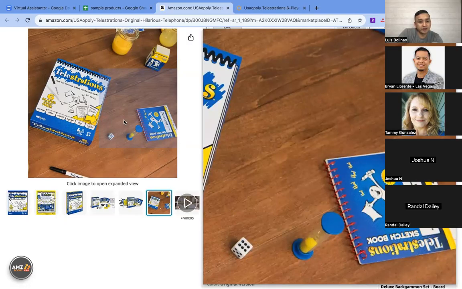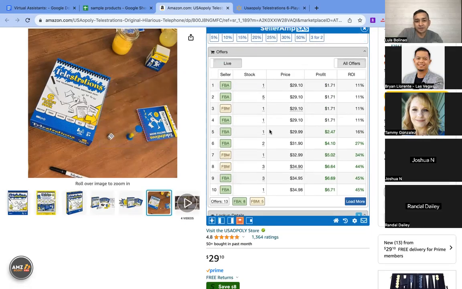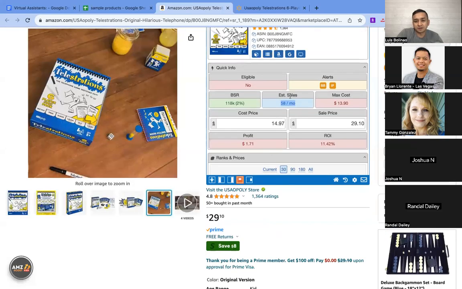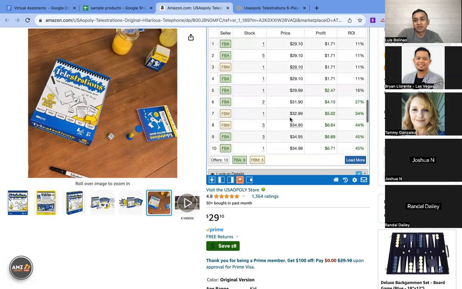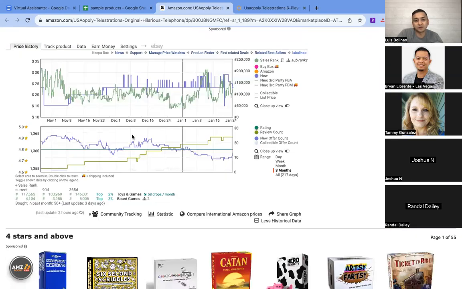So Winston's a no, Randall's a no, Brandy's a no, Winston is too low of sales, right? And then Brian's a no, Tammy's a no. Yeah, I agree. Yeah, for this much sales volume, right? Like 58 sales a month. So low sales volume and low ROI to start with. I mean, it's trending up, but there's not enough sales volume, right? And then if you look at Keepa,